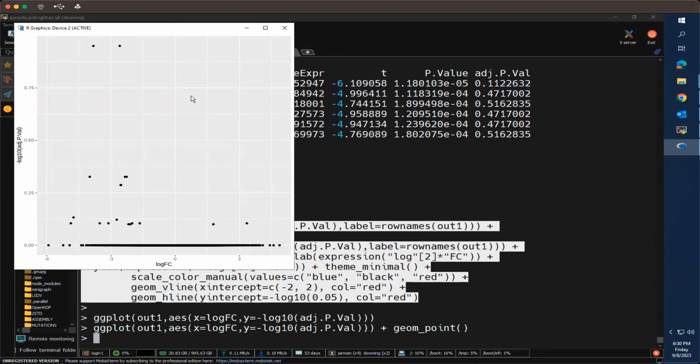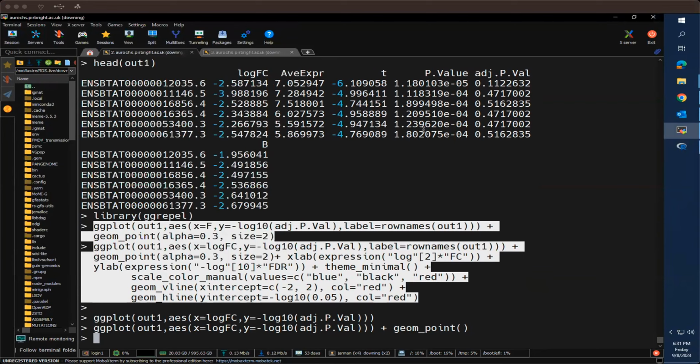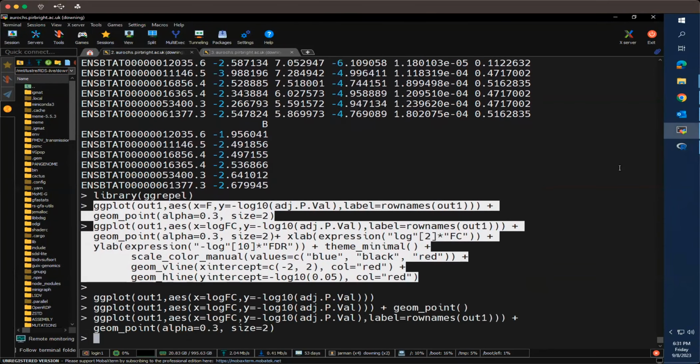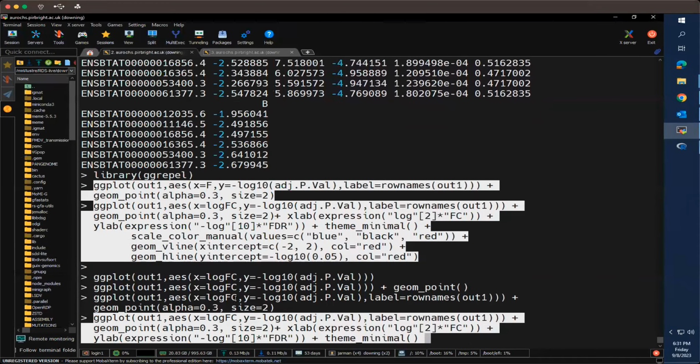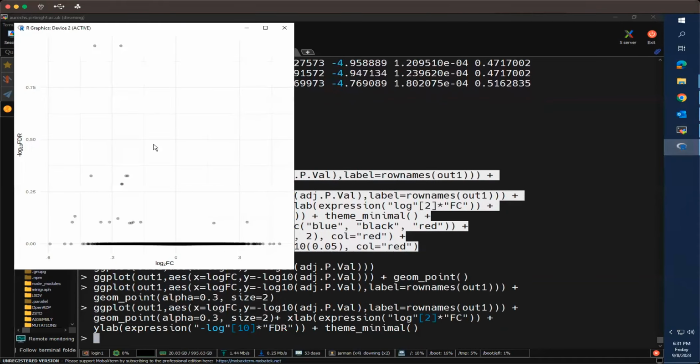So you see this doesn't quite look like a typical plot, but this is because most of our adjusted p-values have been set to 0 by the minus log base 10 scaling. So what we can do is scale that differently so they have an adjusted size and an alpha for those plots. We can also add information onto the axis labels to make that more informative,